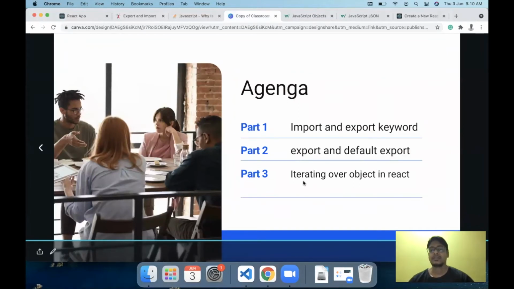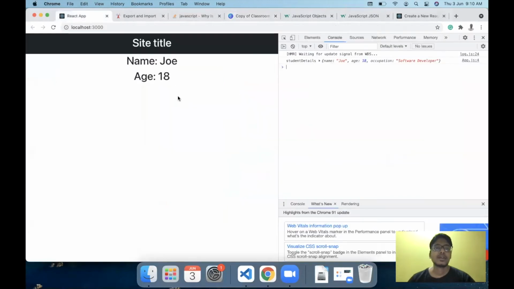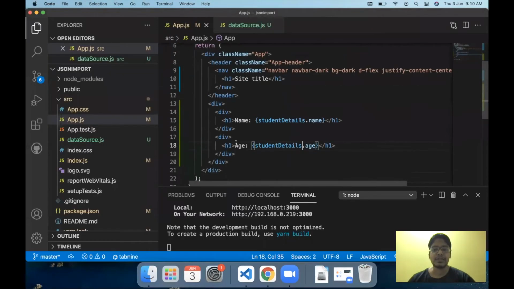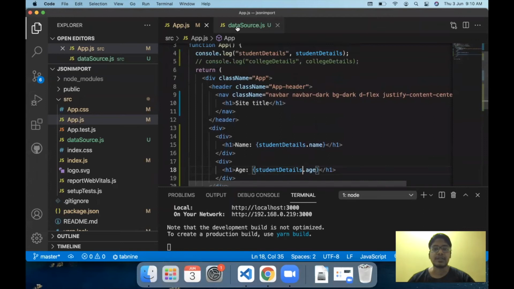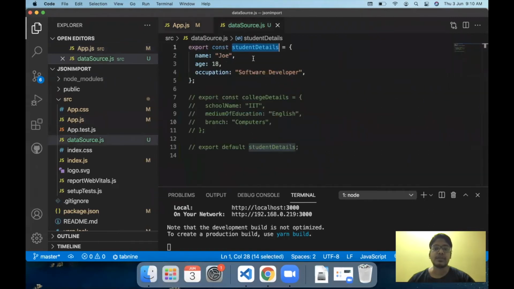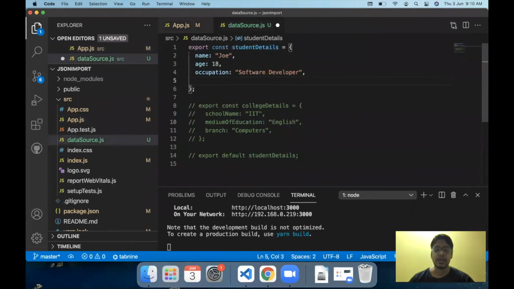Now the last part of our session agenda is to understand how to iterate our object in React. What I mean by iterate is, since there were three entities here, we are able to use, let's say, name and age. But what if there are 4 or 5 entities like this? For example, we have another variable here, which is, let's say, a branch, or we have hobbies.